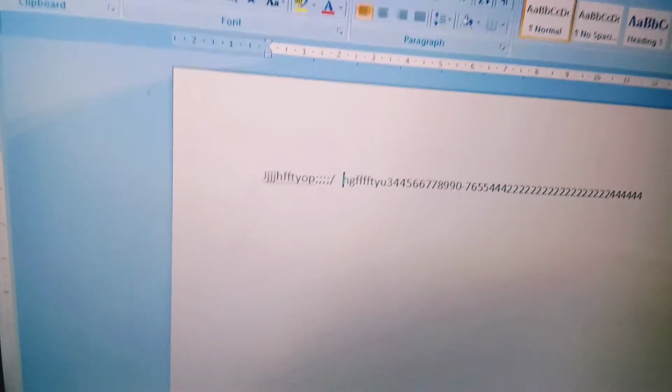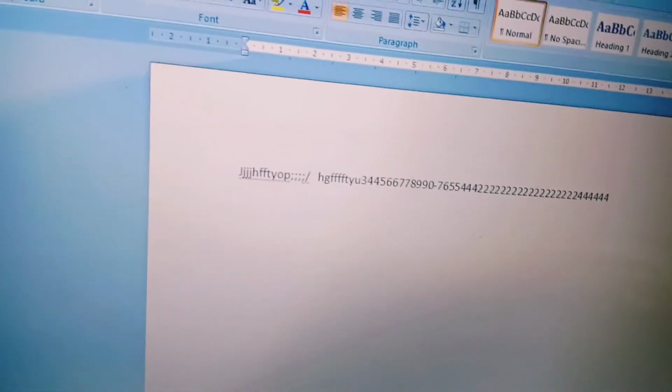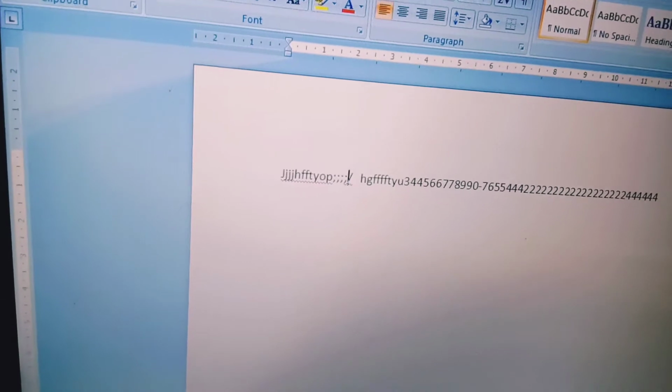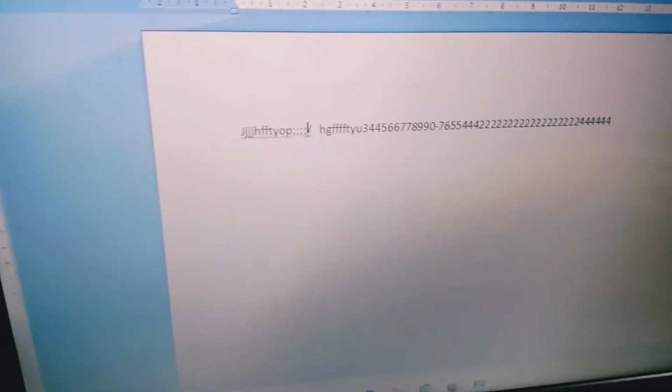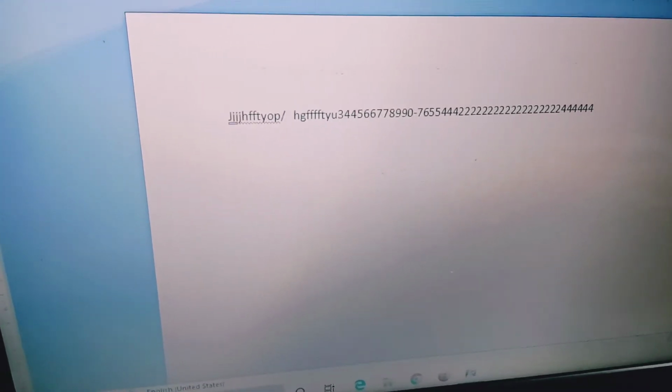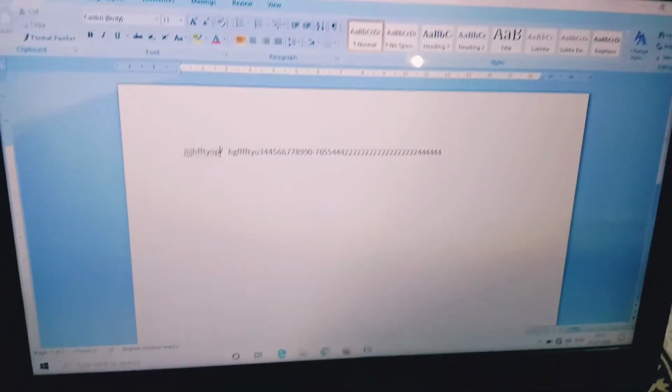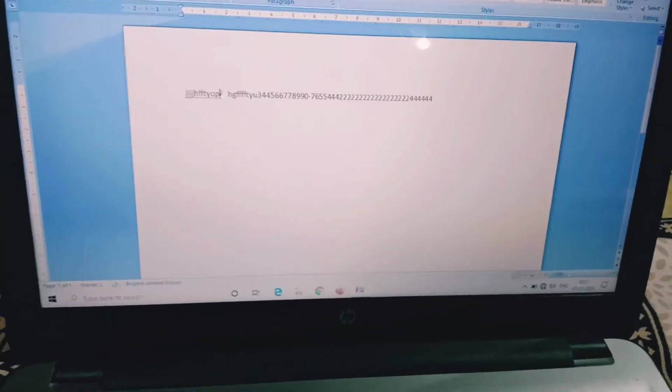Look, here is the cursor. Suppose I put the cursor here and I want to erase from this side, so I have to press the backspace as required. I am pressing here till P. You can see the backspace deletes from the left side of the cursor, not the right side.